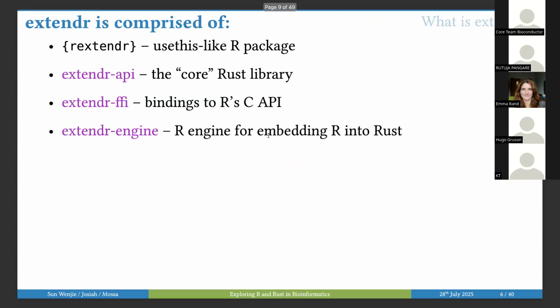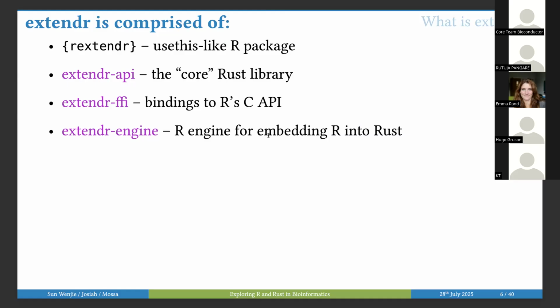So what actually is extendr comprised of? Extendr is the project name, and it's comprised of many other things. The first thing that you may encounter is the R package called rextendr. We don't assume that everyone is going to be an expert Rust developer and know the ins and outs of the Cargo CLI or other CLI tools. So we really want to facilitate most of the interactions with Rust through R, because the target audience we're trying to work with are R developers like yourselves and us.